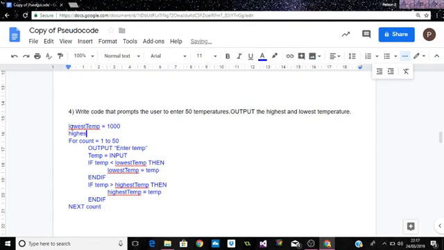And my highest temperature should be initialized to something very, very low, such as minus 1,000 degrees, because then the first temperature I read in will be the new highest temperature. So this is what I need to do to the initialization there, something outside of the range, so that I always am reading the first highest and first lowest temperatures. Now the end is just as we've done before, and output